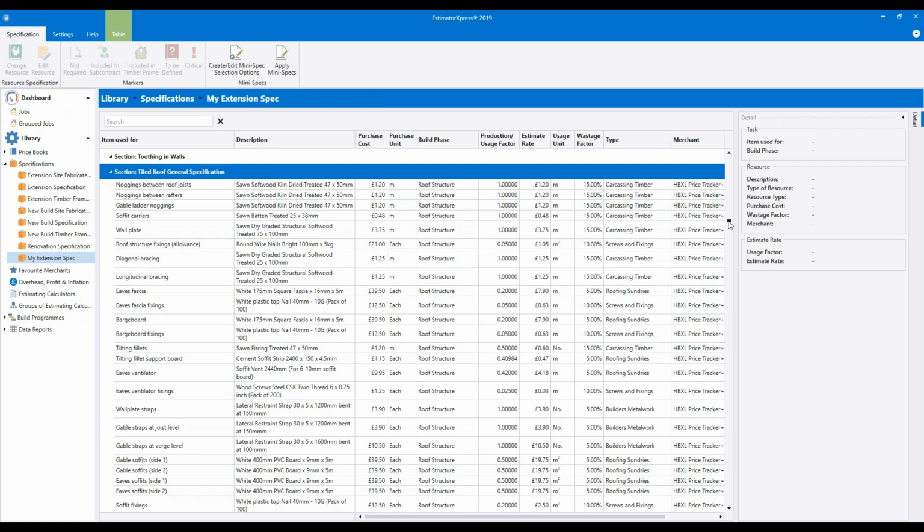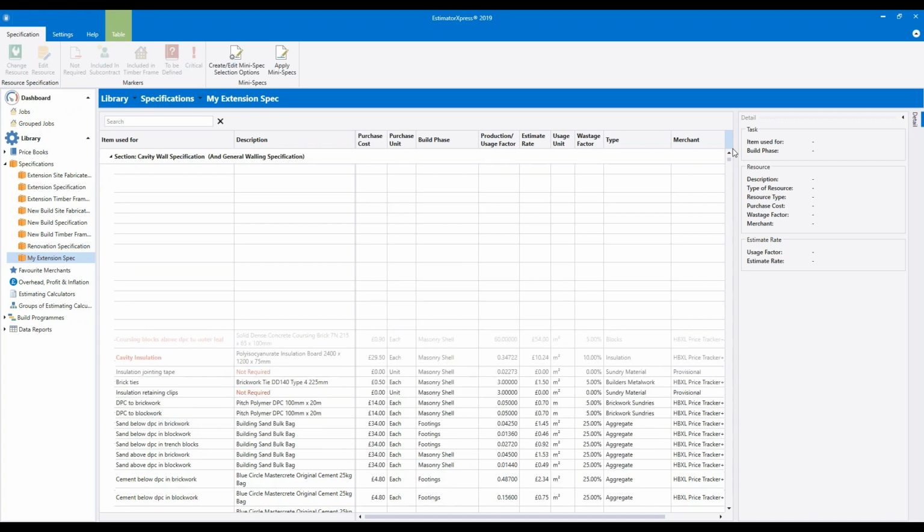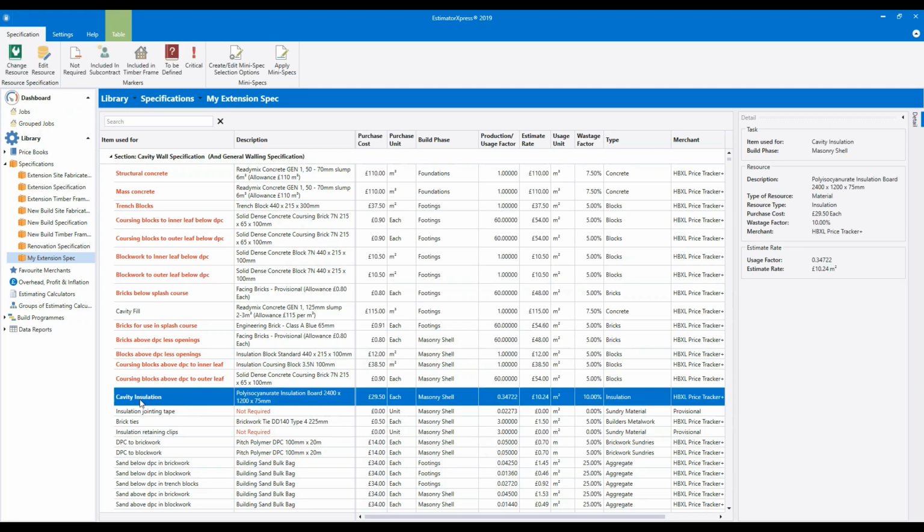So first of all, let's scroll right back up to the top of the specification. I'm going to use the scroll bar on the right to do that quickly. We're coming back to the top, which is the cavity wall specification. If we look about 15 lines down, you'll find highlighted in red, there's a line called cavity insulation. Items highlighted in red are ones which we've given a critical marker. And that basically means we believe they'll have a significant impact on your estimate. It also helps us find things while we're doing training as well, so I might refer to the colour of the text to help us locate things.